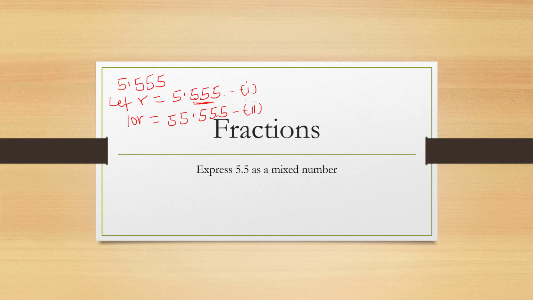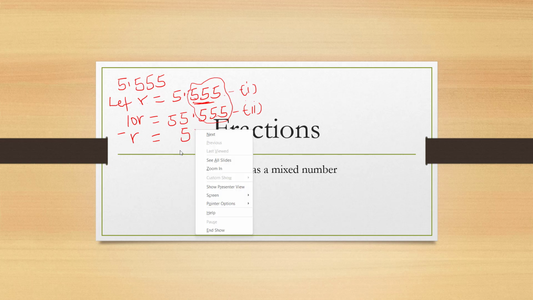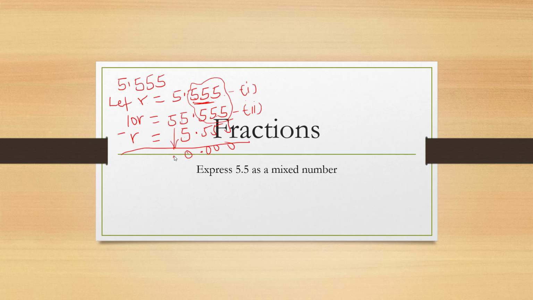So at this point we can subtract the two equations. We can subtract equation 1 from equation 2, and we always make sure that when we subtract, the numbers to the right of the decimal point are reduced to 0. So let's have that minus this equals 5, and then a decimal point, and then 3 5s. When we subtract, we find that to the right of the decimal point, all these 5s give us 0, and then we have 5 minus 5, 0, and then this 5 will be dropped here,